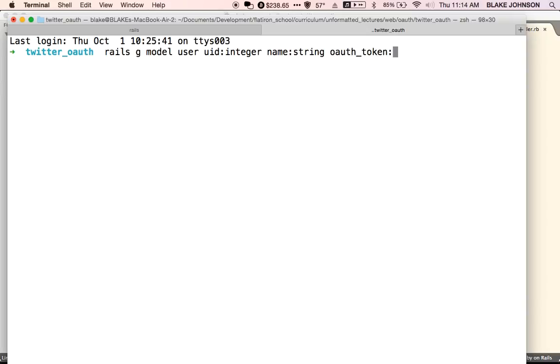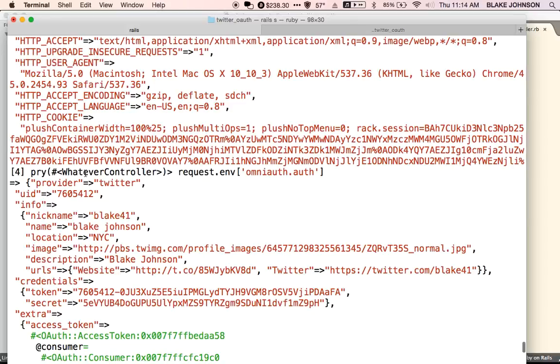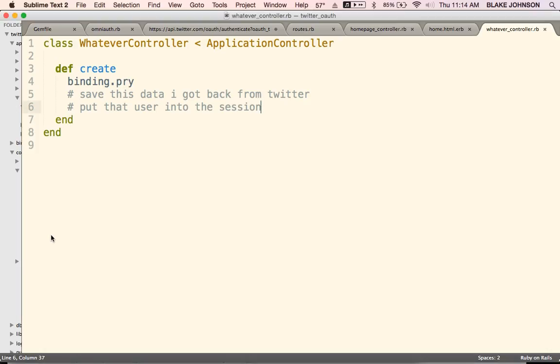That's what I got from Twitter. That's my unique Twitter ID. An OAuth token, which will be a string. An OAuth secret, which will be a string. And do I get anything else that's important? UID. So I don't really care about any of this other stuff. I mean, the image would be like,